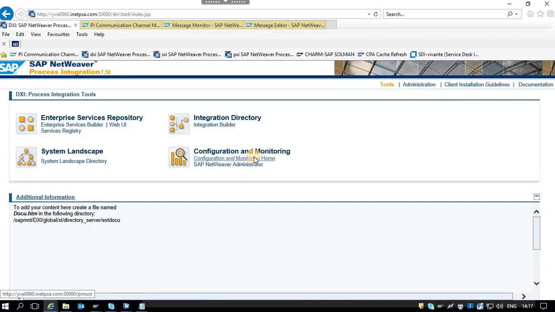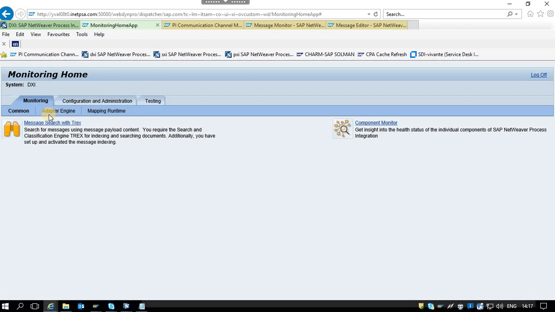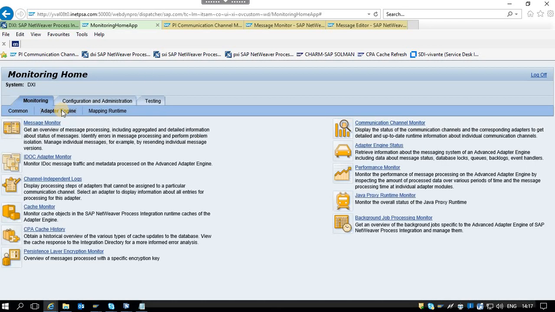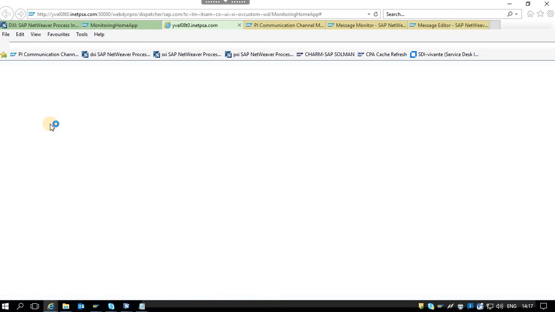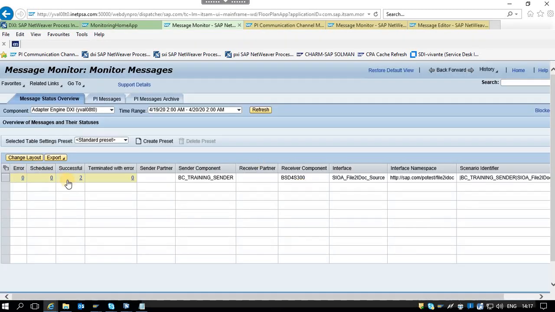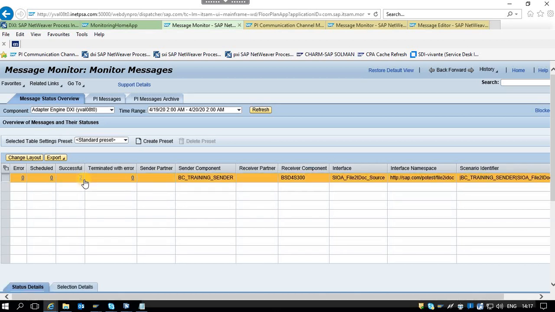We can check the same message in the monitoring as well. Going to adapter engine, message monitor. Here, see, there are two messages successful. So it is sender to the receiver system. We'll open that.